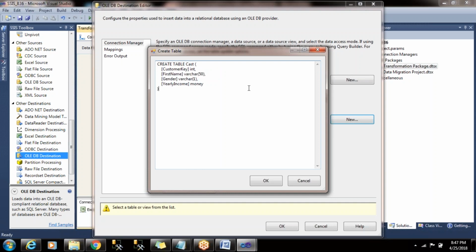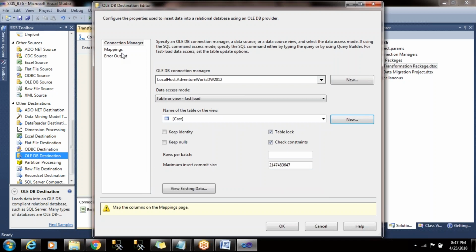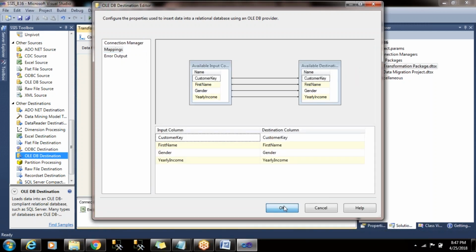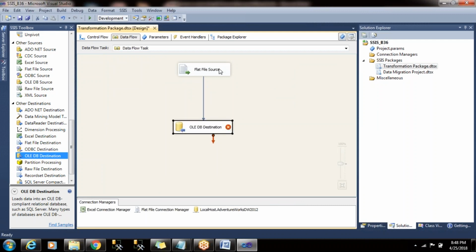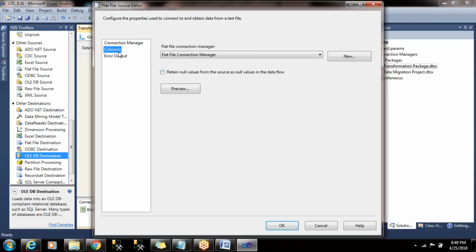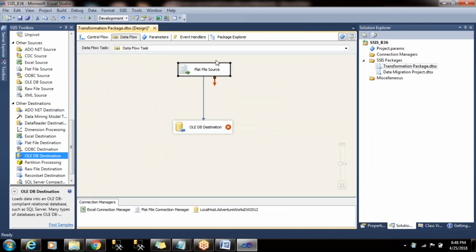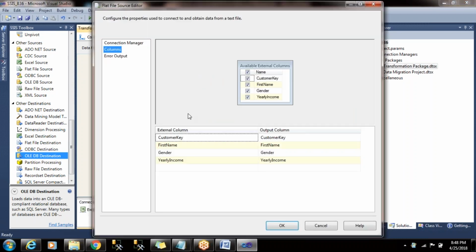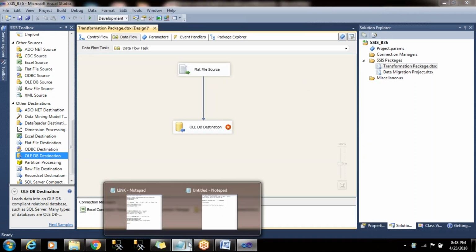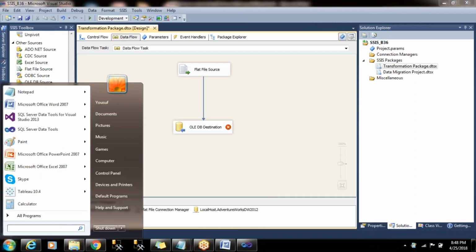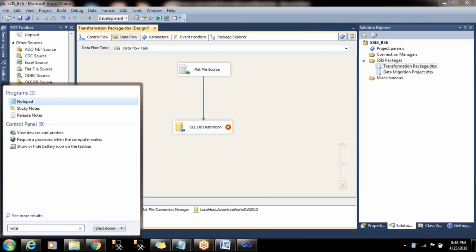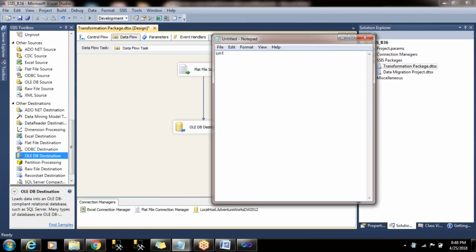I have first name and gender as varchar, but in source what do I have it as? I have it as nvarchar, right? Nvarchar. So these columns, if you hover over them, will give you the data type. Okay, so this is of type nvarchar, which is nothing but Unicode. Okay, so let me write something here for your convenience